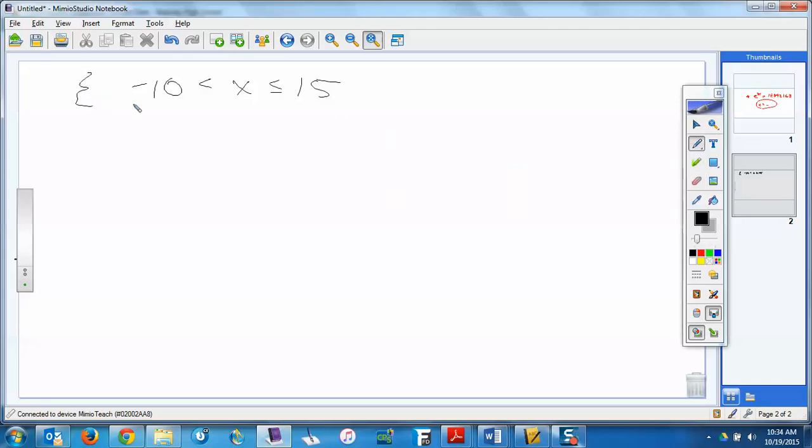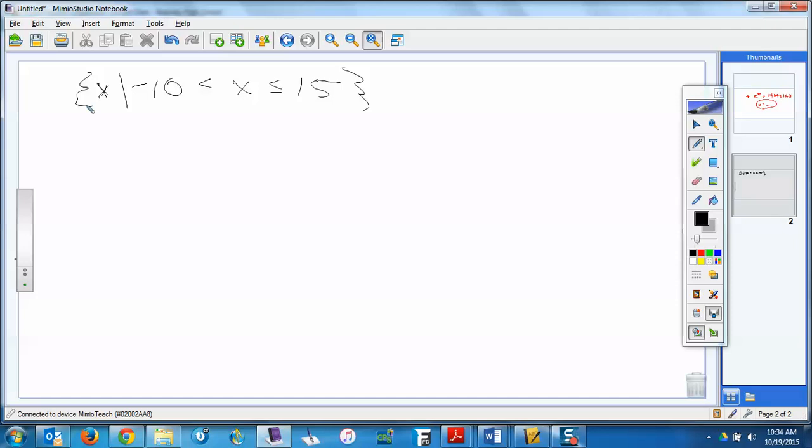You know, there was a day when we used to do this a lot more. This set notation, the books used to make us write this in a lot more formal language. As you get higher up into mathematics, it's used more often. We don't use it a whole lot anymore. This vertical bar is read "with" or "such that." So this means the solution set is all x's with x between negative 10 and 15. Or such that x is between negative 10 and 15.